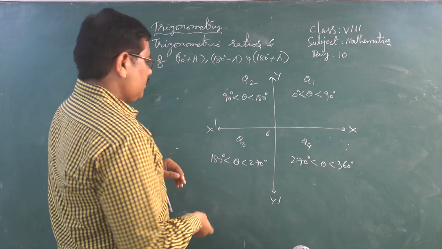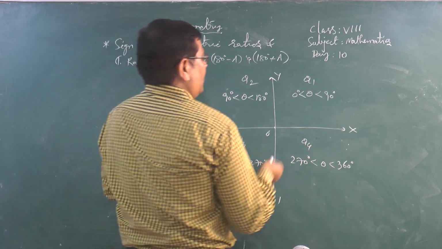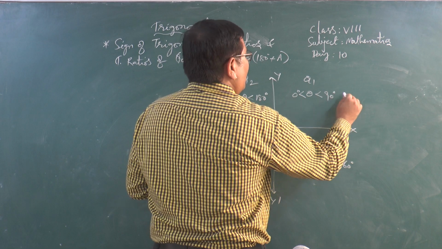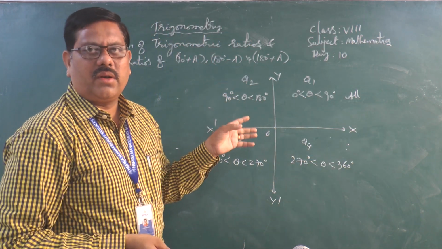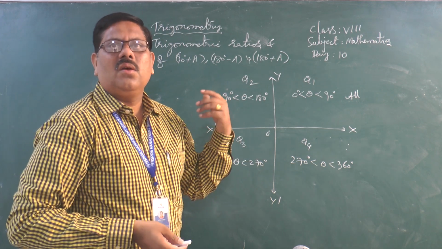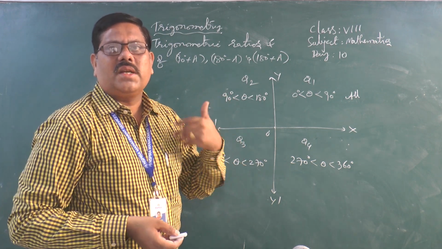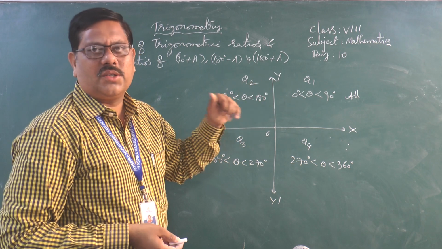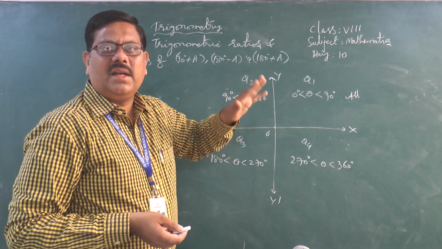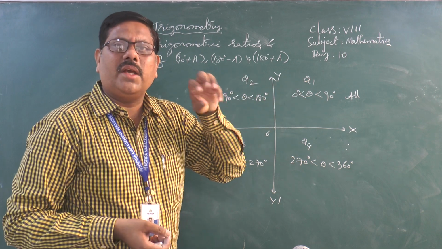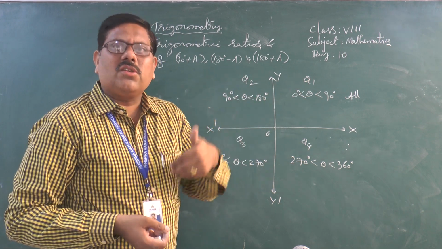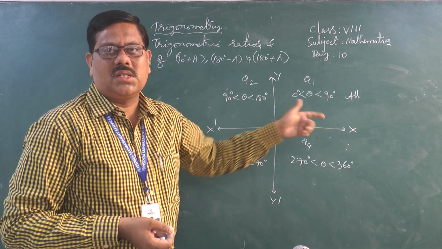Okay. Now, here all trigonometric ratios are positive in this quadrant 1. All 6 trigonometric ratios, sine, cos, tan, cosecant, secant as well as cot, are positive. Sine of any acute angle, 0 degrees to 90 degrees, means that angle is said to be an acute angle. For an acute angle, each trigonometric ratio is positive. That is what we have to understand by this.